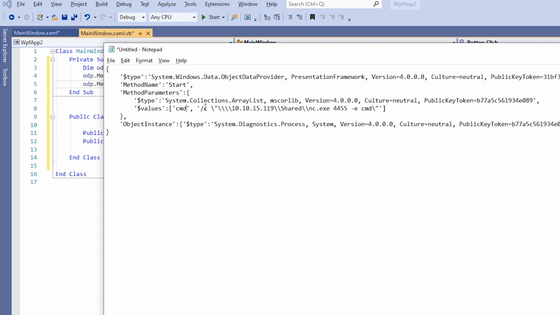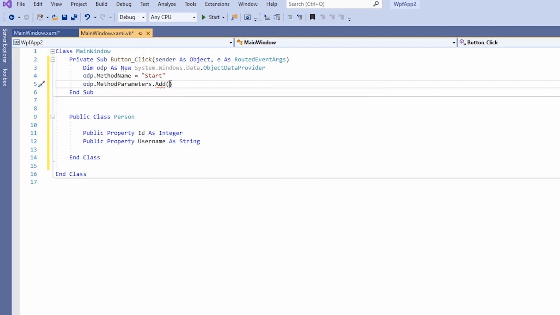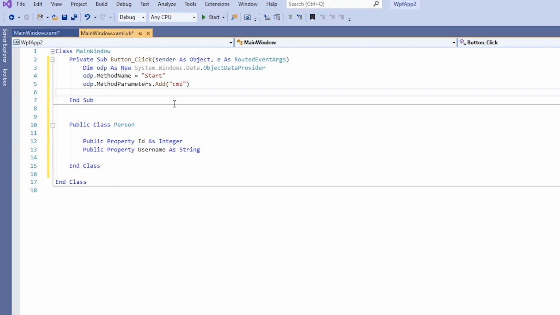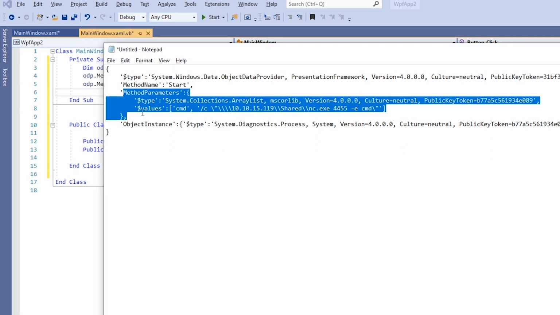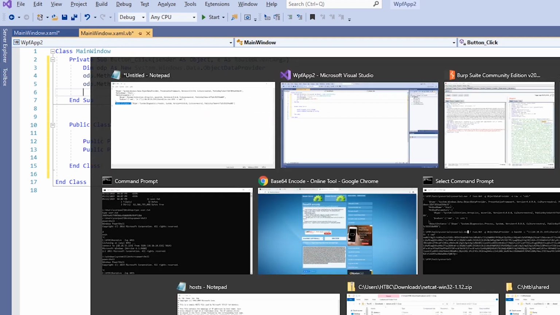It's adding CMD as one value, and then it's adding this as the second value. So let's just do CMD, and then we just do that again to add the second value. But I'm just going to leave that as this for now so that you can see a visual demonstration when I run it. So that's all this bit taken care of. And then it's going to set this object instance property